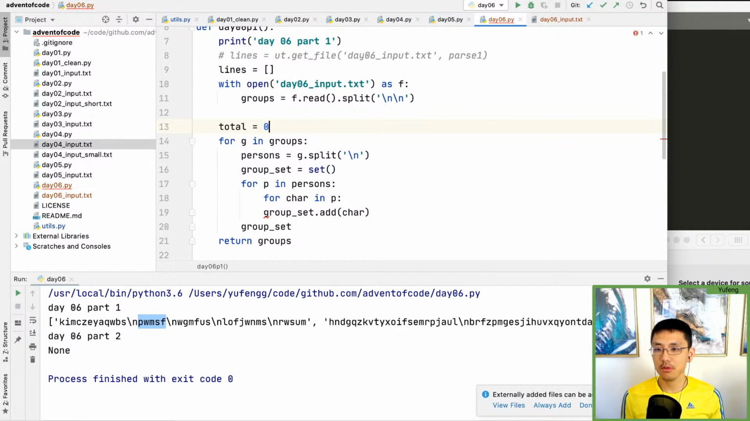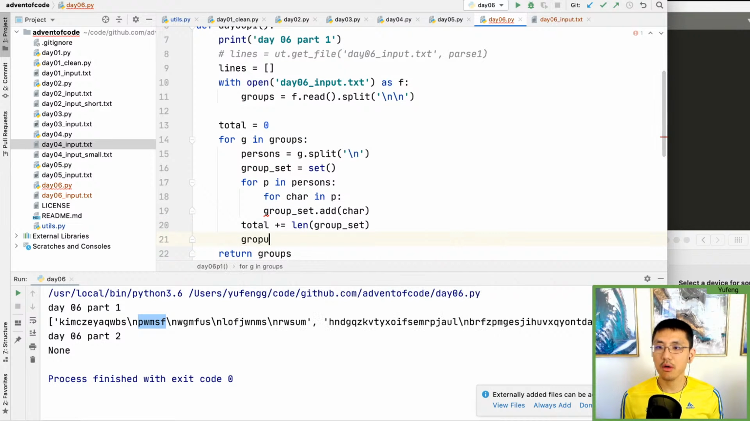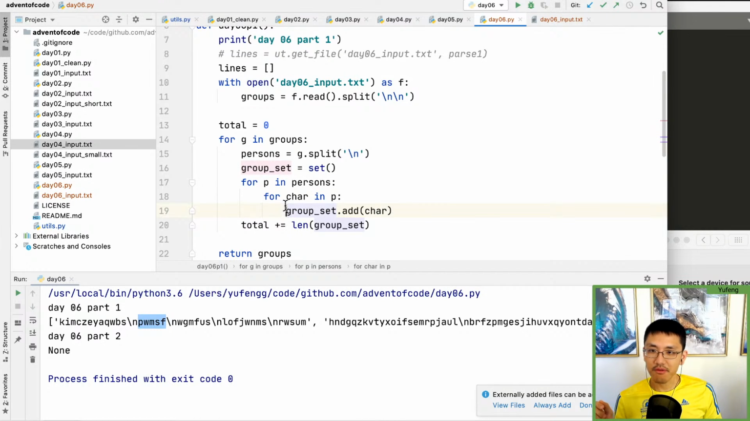So we'll say total equals 0, and total plus equals length of group set. And we need to reset the group. Oh, we actually don't, because we have it right here. Oh, that's allocation pain, but I think that should be fine. So for each person, we're adding to the same set, and then for each character in that person,